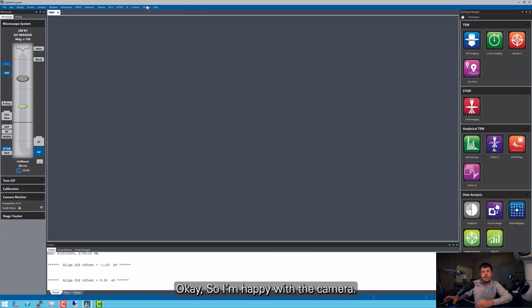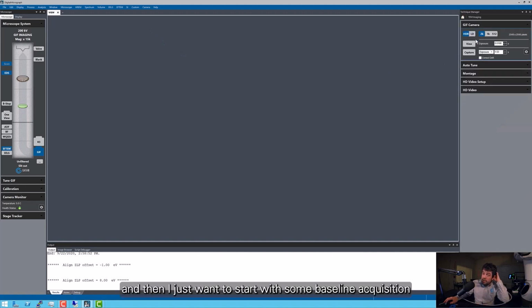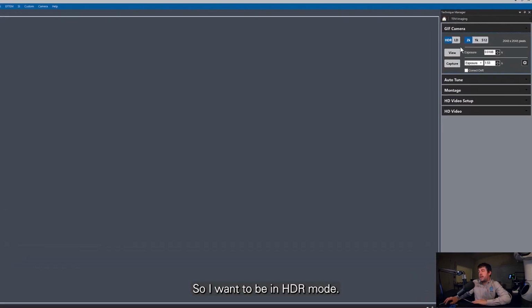Okay, so I'm happy with the camera. So I want to now actually acquire some images. So let's go into the TM imaging technique. So I left click on TM imaging, and then I just want to start with some baseline acquisition parameter set. So I want to be in HDR mode,